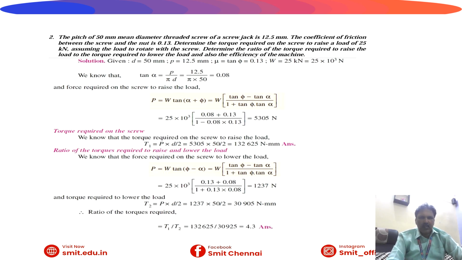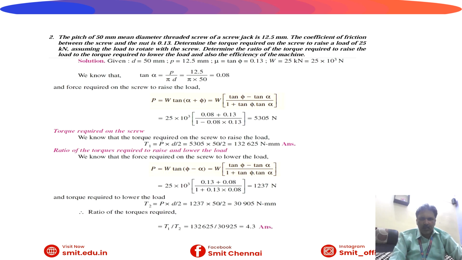So now we have this problem. We have the data: D is given as 50 mm, P equal to 12.5 mm, mu equal to 0.13, and the load is given as 25 kilonewton, converted to Newton. Then tan alpha equal to P by πD. We are using this formula and get the value of 0.08. Force required on the screw to raise the load, that is P equal to W tan(alpha plus phi), equal to W into (tan alpha plus tan phi) / (1 minus tan phi tan alpha). Finally, you will get